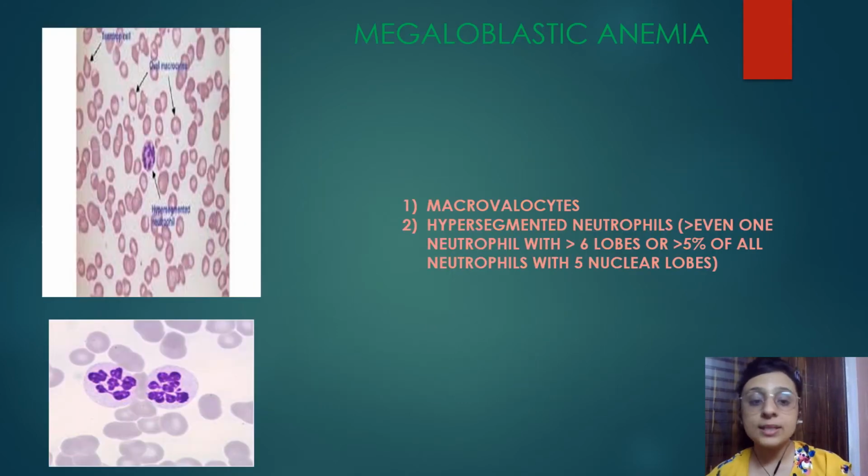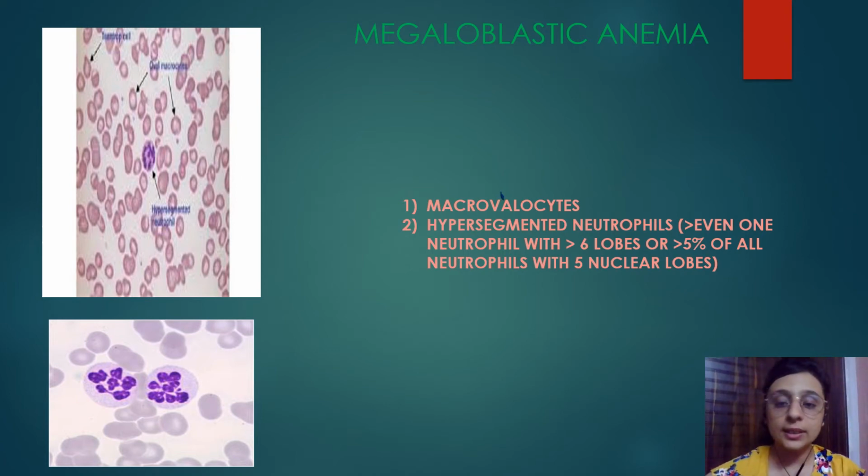Next, megaloblastic anemia, two very important features you have to remember which are seen under peripheral blood film. Macrocytic RBCs I already told you. Now these macrocytic RBCs can be both oval or they can be round. But here they are macro-ovalocytes. They are macrocytic as well as their shape is oval, right?